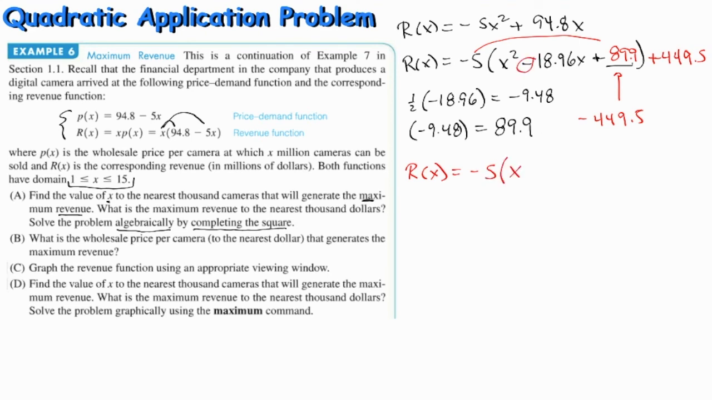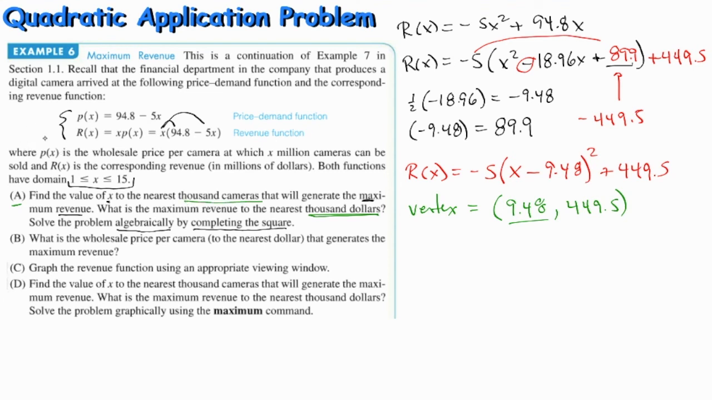R of x equals x minus 9.48 in parentheses squared plus 449.5. That means our vertex is at 9.48, comma, 449.5. So part A is asking for thousands of dollars and thousands of cameras, but the instructions in the beginning